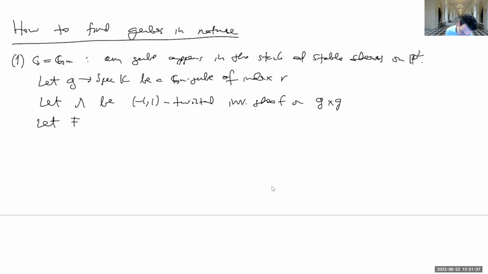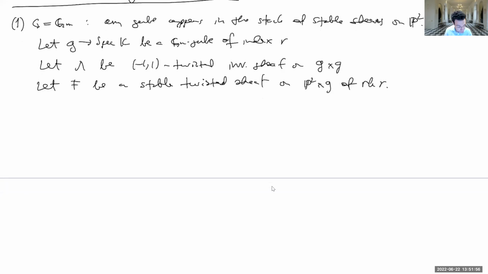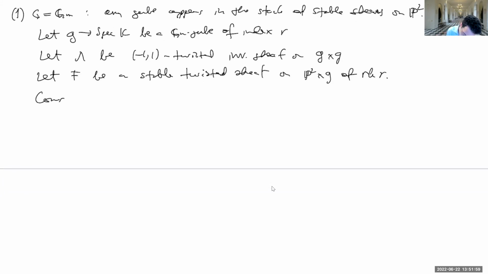And then let F be a stable or simple, depending on what you enjoy, twisted sheaf on P2 cross G of rank R. Of course, you have to understand why such a thing would exist. It's not trivial. And now here's the trick. Consider G cross P2 and do the following thing. You take pr_{1,3} lower star of pr_{1,2} upper star of lambda inverse tensored with pr_{2,3} upper star of F. And what is this? This is a sheaf